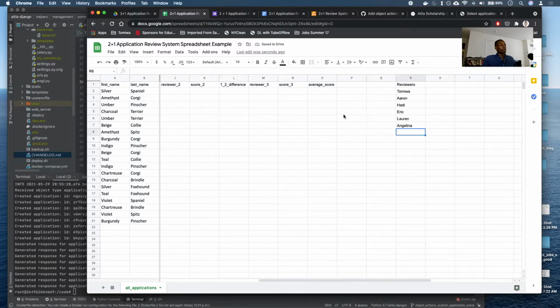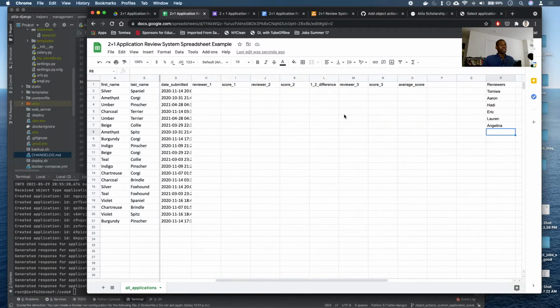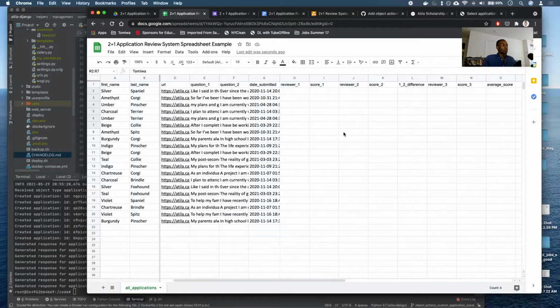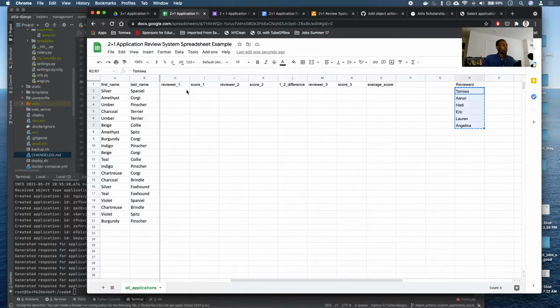Once we've done that, the next thing we're going to want to do is assign a reviewer to each application. So you're going to need all these columns as well. Reviewer 1, score 1, reviewer 2, score 2, 1-2 difference, which is basically the difference between score 1 and score 2, reviewer 3, score 3, and average score. And then you're going to go through the list and then just